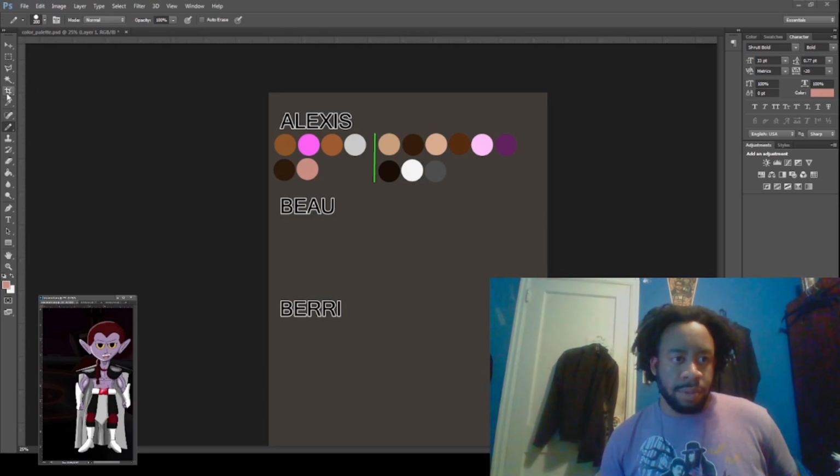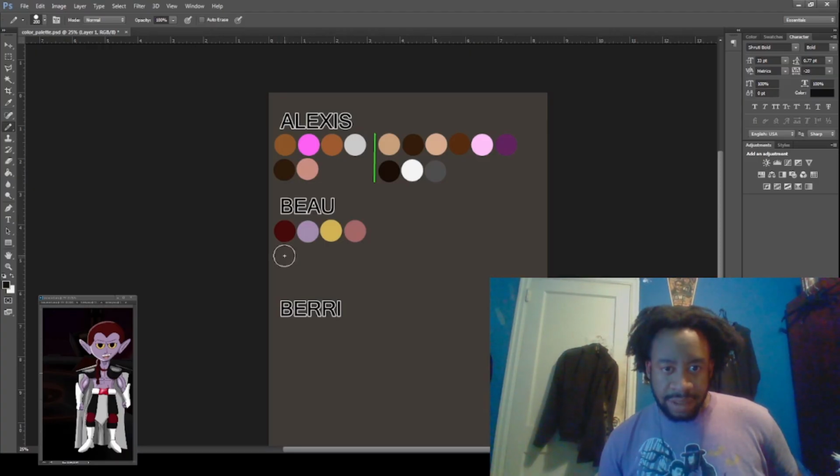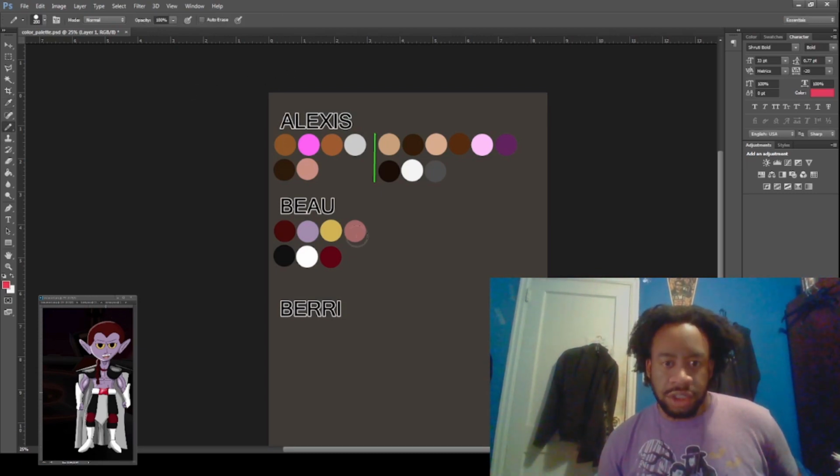Go over to Master Beaumont. These names leave me alone. Start with his hair, pick up the one for his skin. Once again, just starting out with the flats. I'm trying not to let the fact that those colors aren't lined up bother me. The shoulder pads and his pants are the same color, so just leave that there. The knee pads, and this color is not the same. I've actually changed this over time in my comics, so let me choose that correct color. For his gemstone,